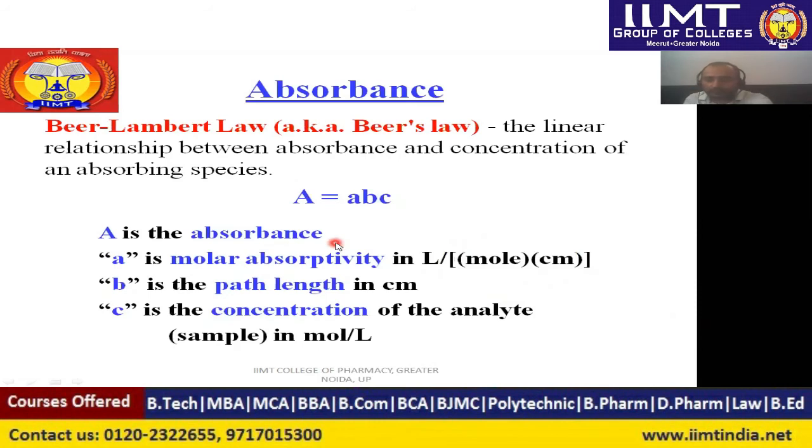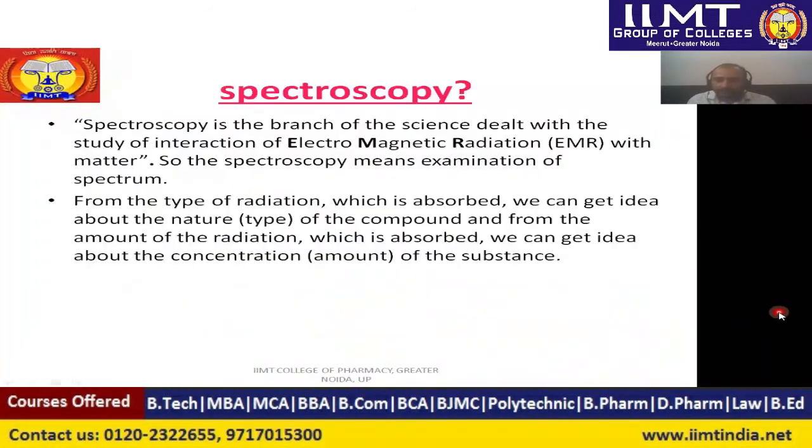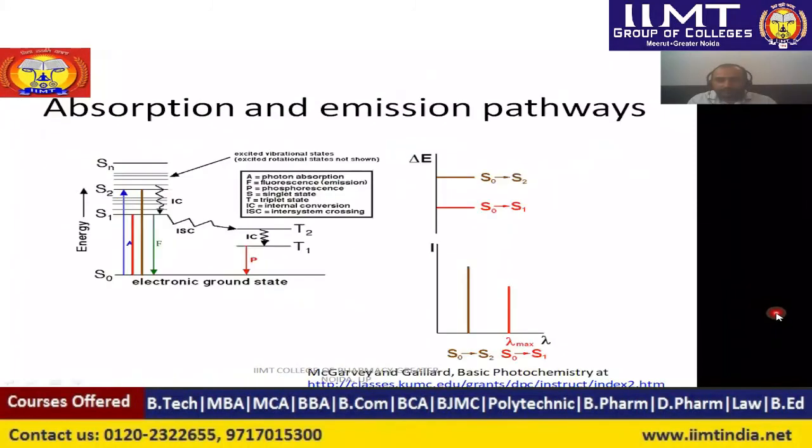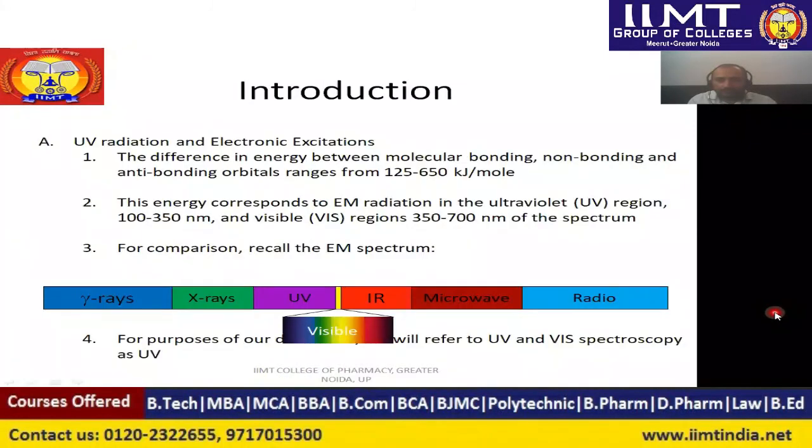Now let me go back to the previous slide. Yeah, so we were here. See, this is the spectra. This is the electromagnetic spectrum. You can see all kinds of electromagnetic radiations here. This is the gamma rays, X-rays, UV rays. The small yellow phase is basically the visible light. Then IR, that is infrared, microwave, and the radio waves.